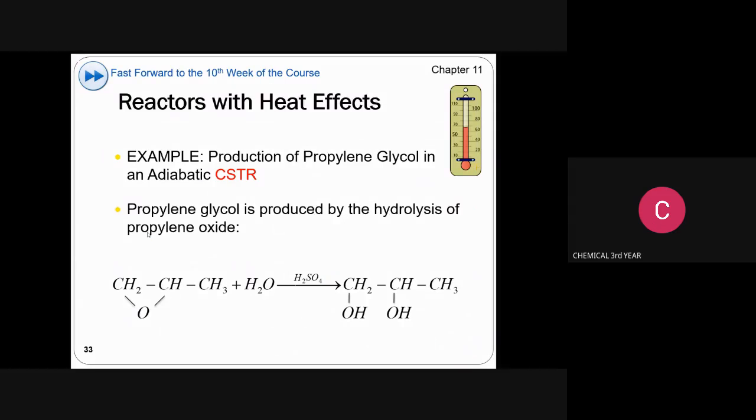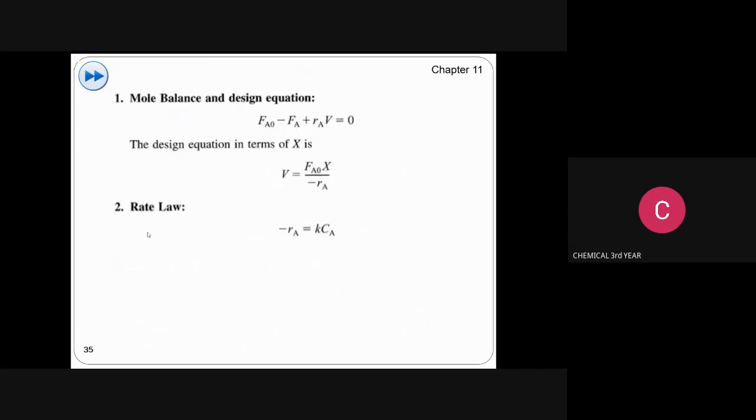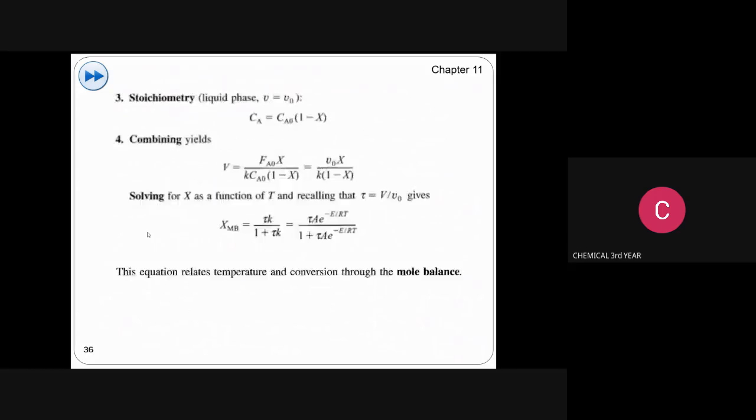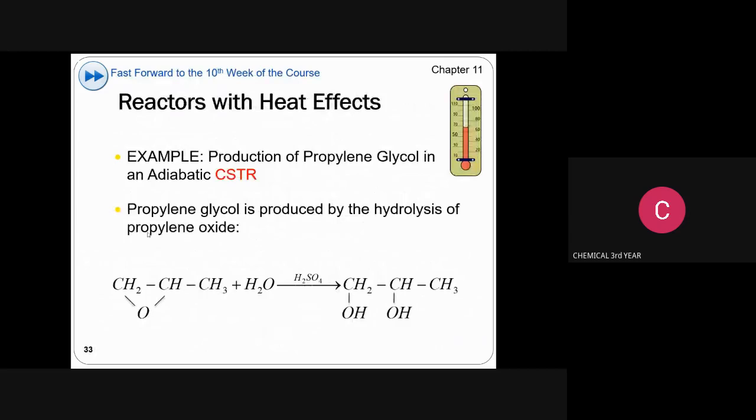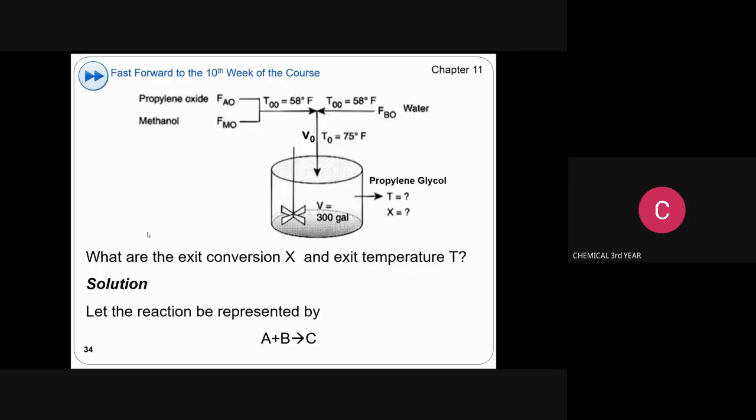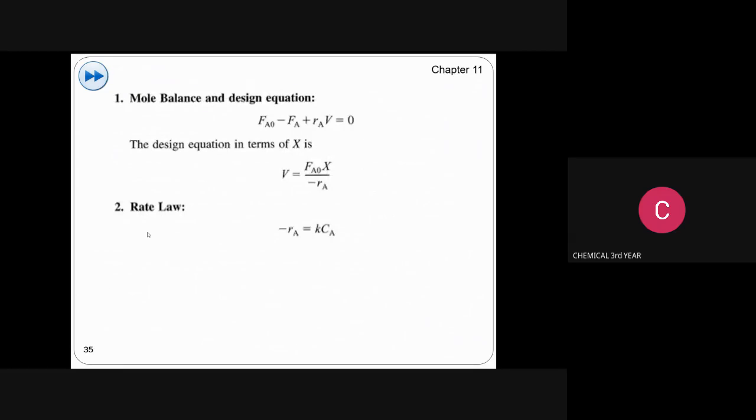Reactors with heat effects. These are examples and applications for reactors with heating effects: production of propylene glycol in an adiabatic CSTR, from propylene oxide. These are the basic important terms, and the mole balance and design equation start with the basic form of the